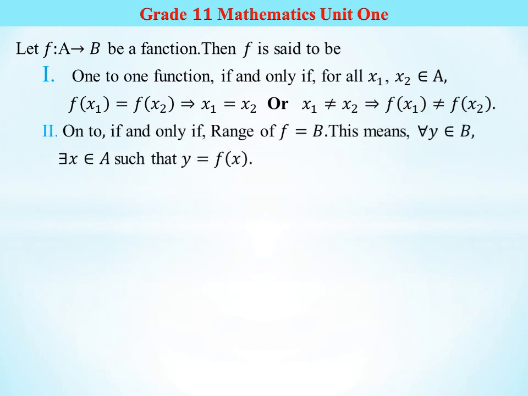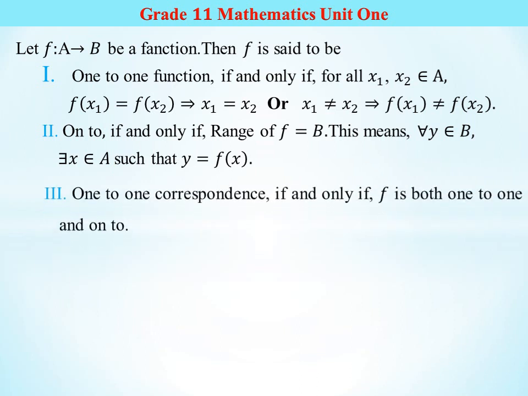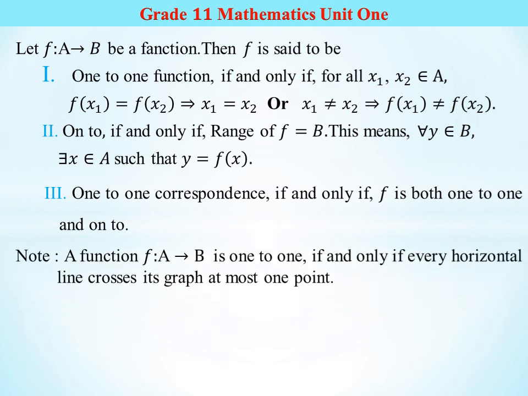ሌላው አንድ ፋንክሽን መቼ ነው ኦንቱ የምንለው if and only if range of f equal to B ከሆነ range of f የምንፈልገው የፋንክሽናችን ሬንጅ ከተሰጠነ B ጋር እኩል ከሆነ ያ ፋንክሽን ምንድነው ኦንቱ ነው እንላለን ወይም በሌላ አባባል for every y element of B there exists x element of A such that y equal to f of x ያ ማለት ለማንኛውም ኢሜጅ ፕሪ ኢሜጅ የምታገኙ ከሆነ ያ ፋንክሽን ኦንቱ ነው እንላለን one to one correspondence የምንለው መቼ ነው አንድ ፋንክሽን if and only if f is both one to one and onto ሁለቱንም ከላይ ያየናቸውን የሚያሟላ ከሆነ ያ ፋንክሽን one to one correspondence እንለዋለን